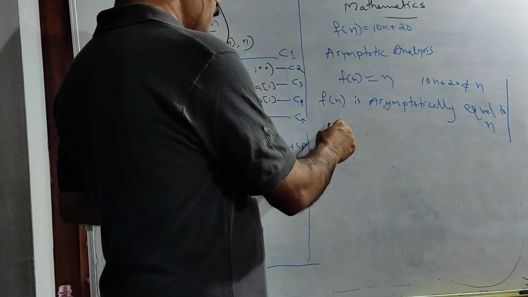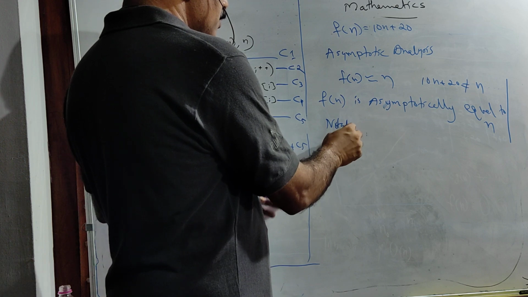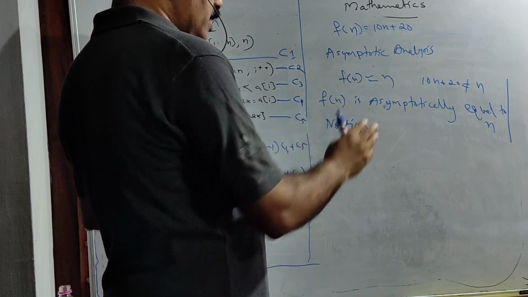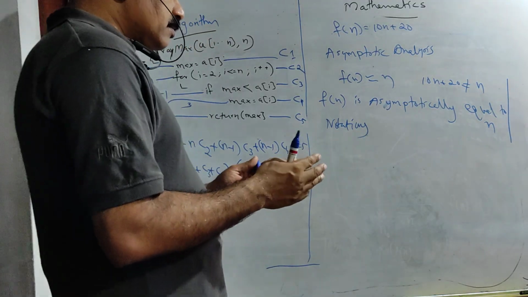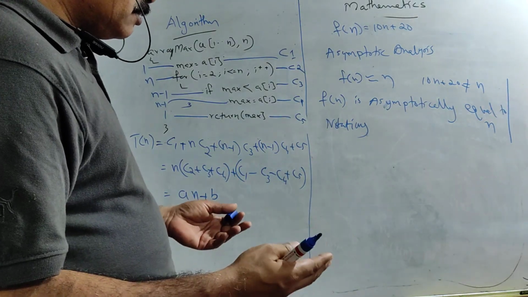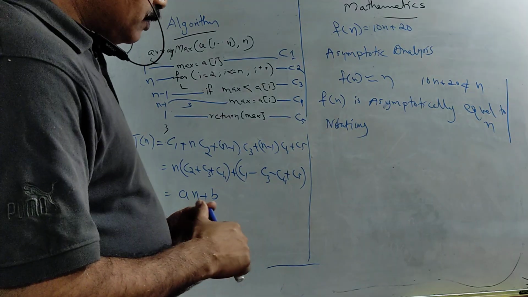Next we need some notations for this asymptotic analysis. So how can we say this? How can we represent f of n is asymptotically equal to n? So we need some notations. For that,